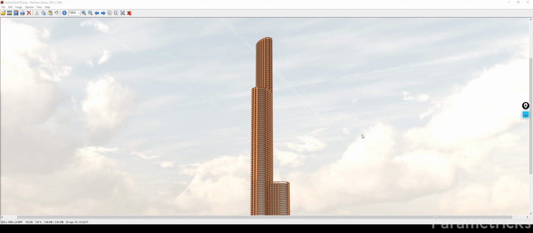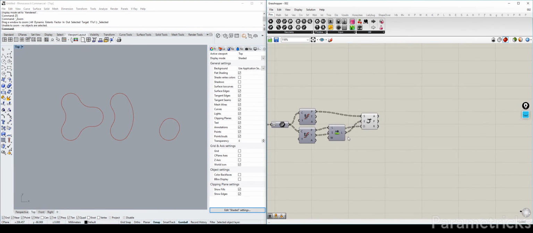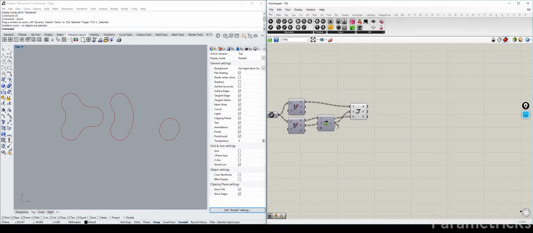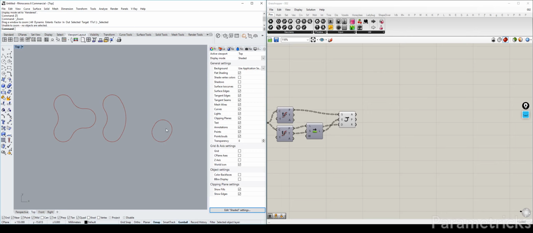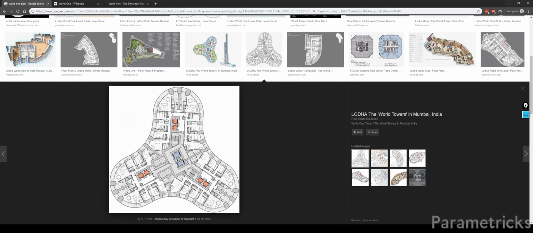In the previous part, we finished setting up the rough setting out plans for our tower for all the 3 blocks. This is where we ended up. In this part, we're going to focus on the top level, which is this blob right here, because using this component to create the arc for the lower floors created an issue for our top floor. If we look at a reference photo like this one,